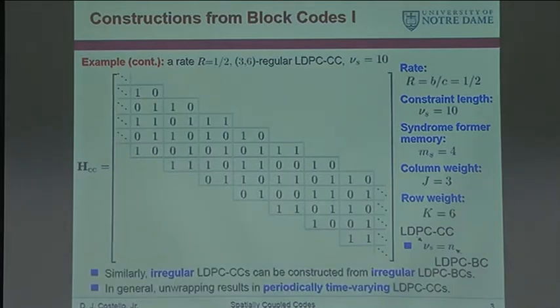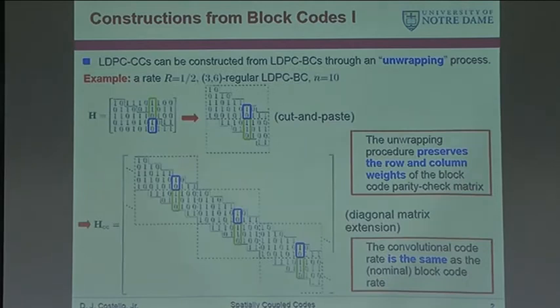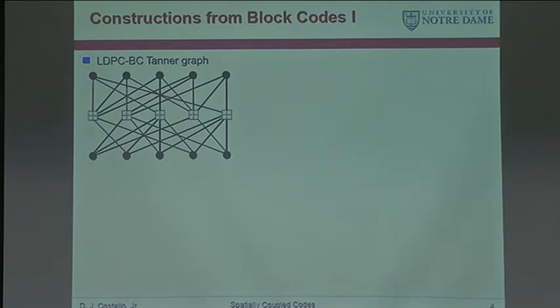So again, we can get irregular if we want. In general, if you use this process, you get periodically time-varying codes. I think you can kind of see that just from the repeat. When you repeat here, you're going to get periodically time-varying codes. So these rows can vary in time, but then they'll repeat. So here's a view of this from the graph